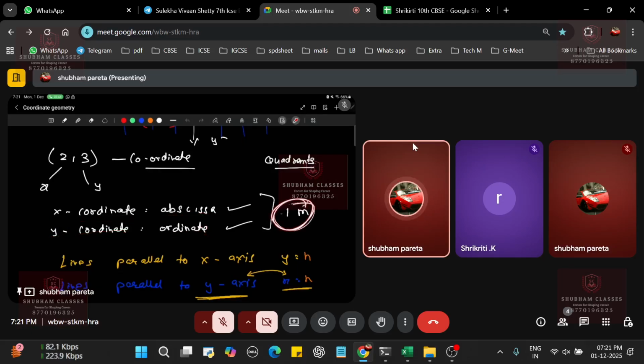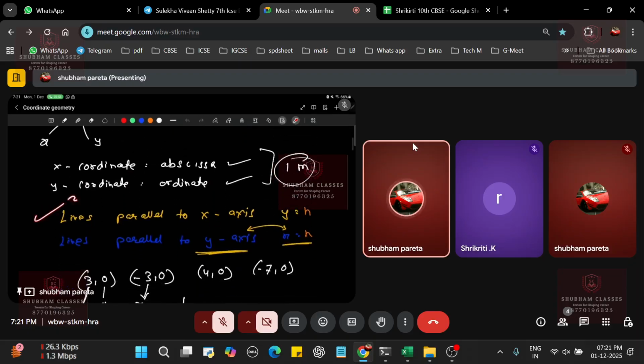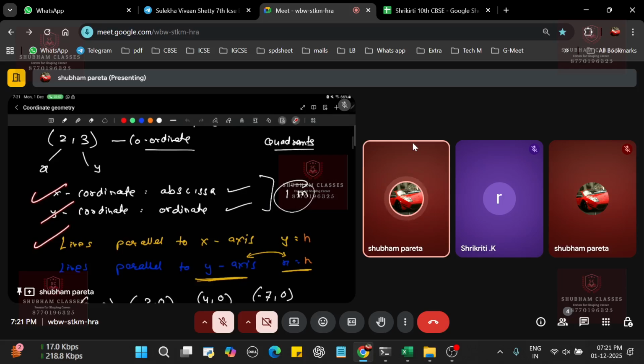Okay, this is a 1 mark question that comes in the exam. So you have to write it down like this as well. So you do the 1 mark question over here. It is x coordinate and y coordinate over here, isn't it? Are you getting the point what I'm saying? Yes, sir. So it is abscissa and ordinate over here. Okay, fine. Now, the next category that you are having, I'll tell you that part also.